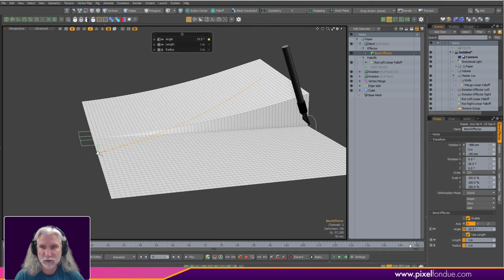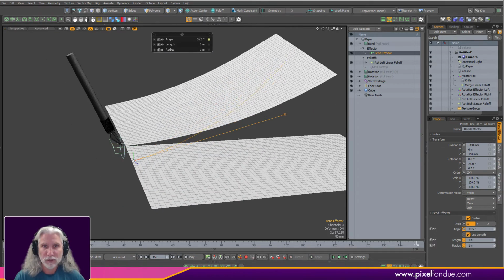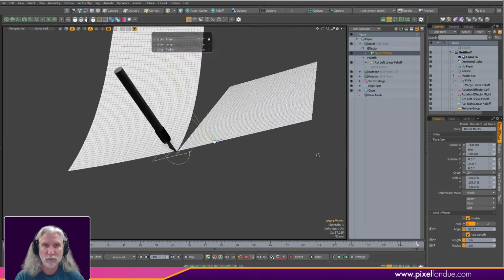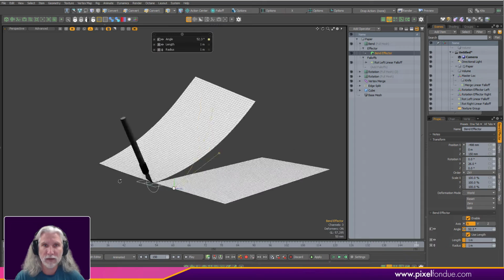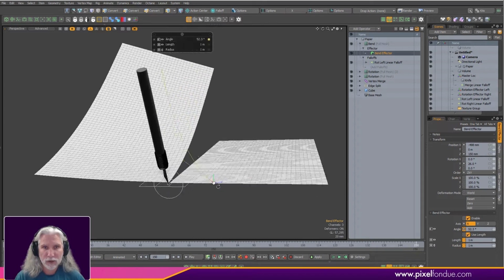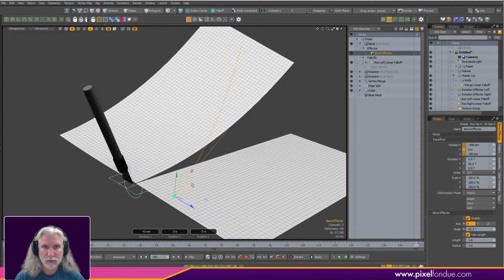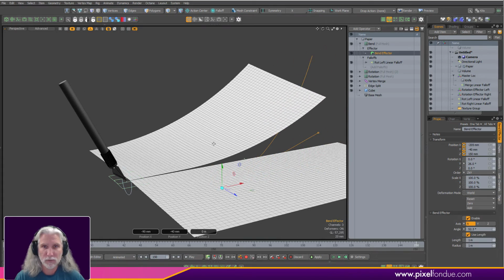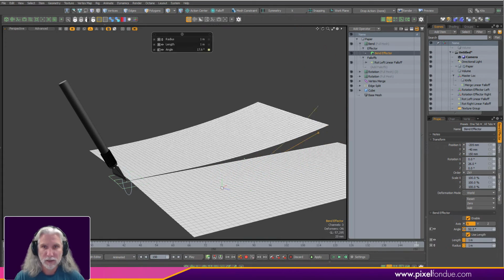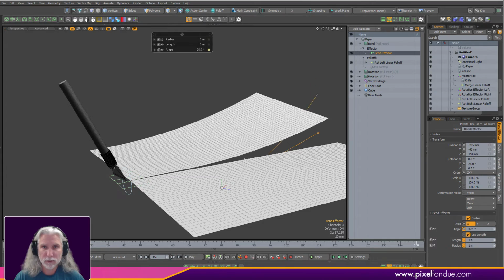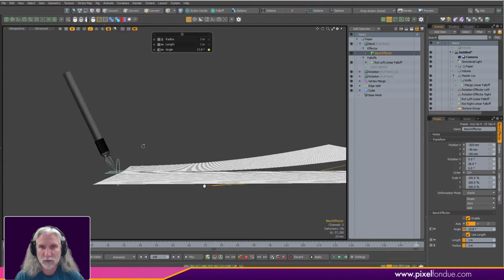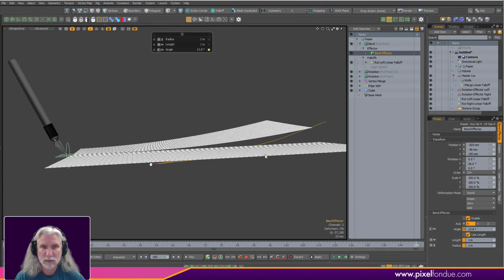Now these aren't split yet, so let me just go to the end of the animation here. So you can see how, if you move it to the opposite side and rotate it, you can get that sort of a better looking bend on it, like that. Something like that. I'd probably move it this way a little bit, and we're not going to be bending it that much, so press C again to get channel haul and adjust our bend amount. Or you can adjust down here as well if you want to, but we're just bending it a little bit, something like that. That's probably way too much still, but